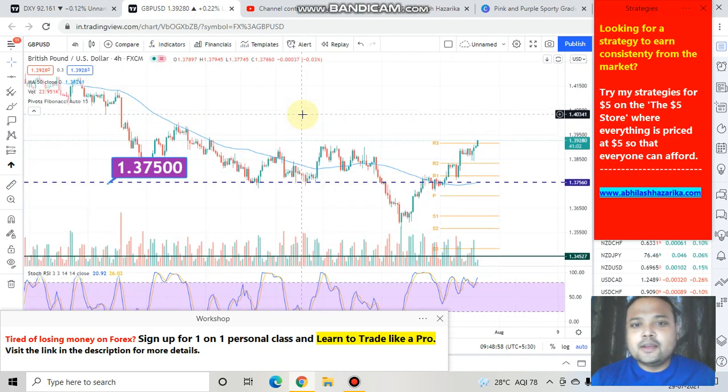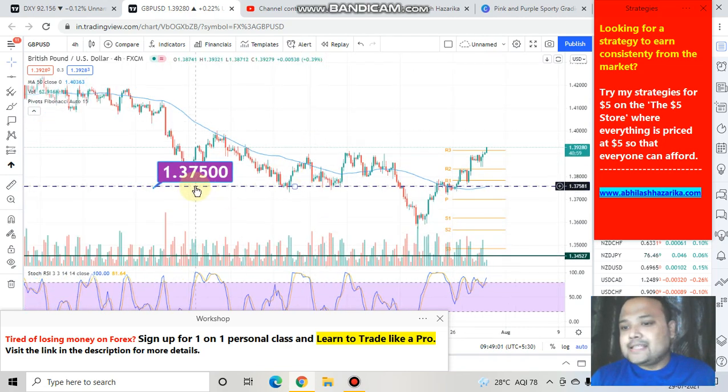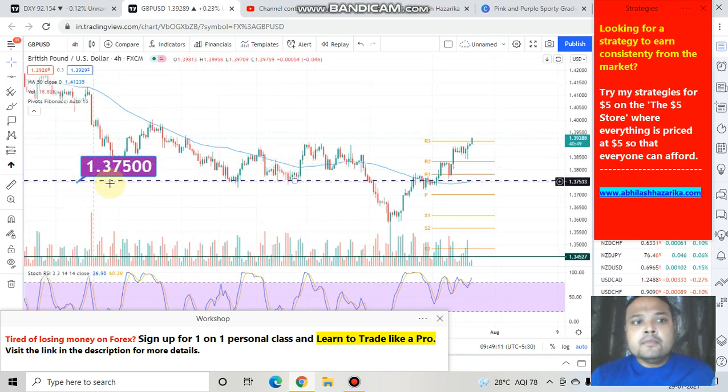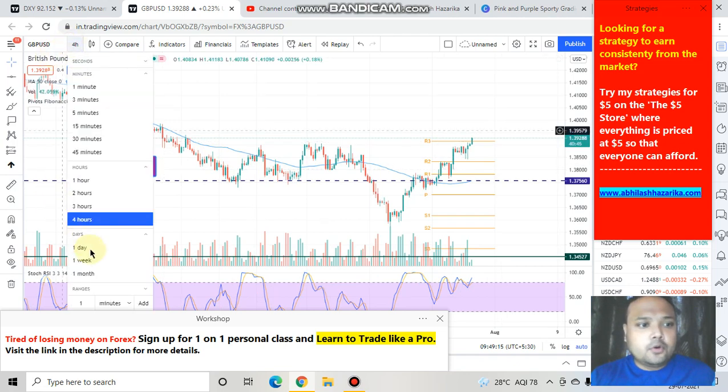So let's jump to the chart of pound US dollar and see what our strategy should be. You can see that I have a price level marked here, and in my previous videos I have clearly mentioned that this level is extremely important for the GBP USD chart, because this level belongs to the weekly chart. If we go to the weekly chart here,